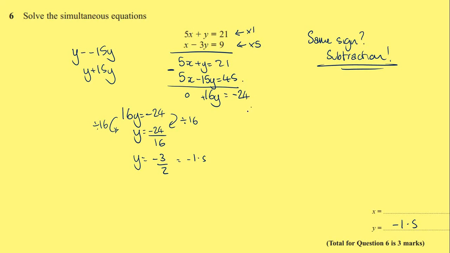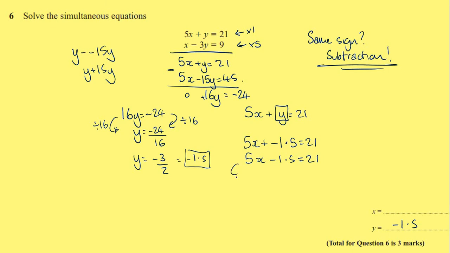So, use one of the original equations. I'm going to use the one up here that's got no negatives in it. 5x plus y is equal to 21. Now this y is actually equal to negative 1.5. So we've got 5x plus minus 1.5 is equal to 21. That means 5x minus 1.5 is equal to 21. We can add 1.5 onto each side. And we'll get 5x equals 22.5. And we can divide through by 5 and we'll get x is equal to